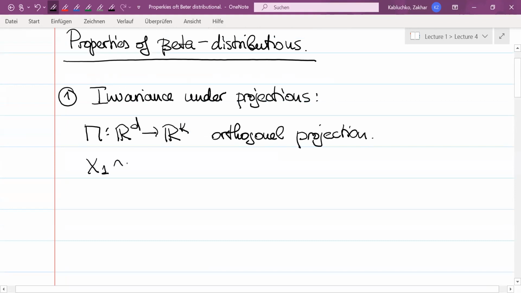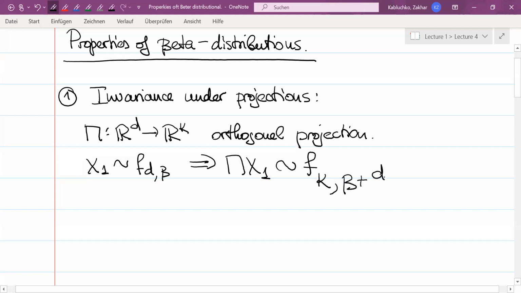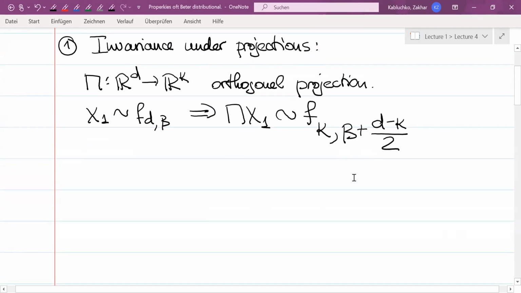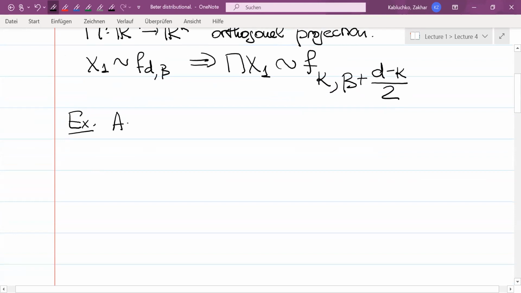and if X_1 has a distribution which is beta with parameters d and beta, then the projected vector has a distribution which is also a beta distribution with parameter k, because now it is k-dimensional. And here with beta something happens. We have to add the codimension divided by 2. So each time the dimension decreases by 2, the beta parameter increases by 1. And one especially nice special case of this situation is due to Archimedes,